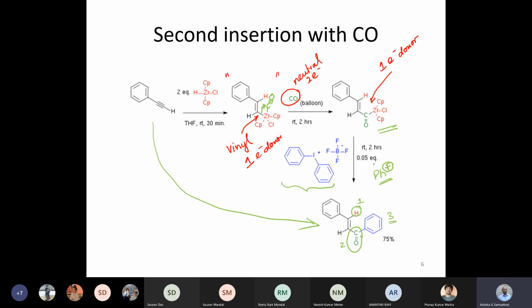So what this particular slide illustrates is that the insertion reaction can be very useful for generating complex species. And although this molecule may not be generated in this fashion, it clearly illustrates the principles involved in the insertion reaction. Okay, so I hope this is clear. Is there any question at this point? Otherwise, we'll proceed.